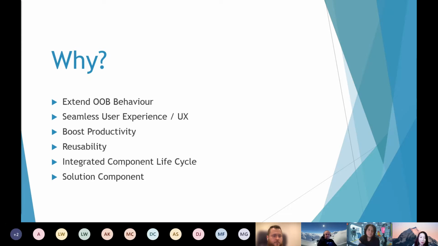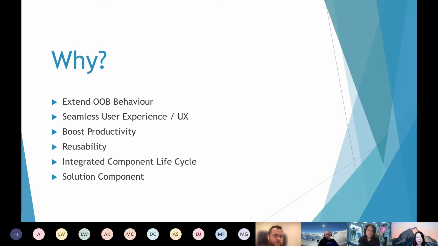We already covered why reusability is such an awesome thing. So I'll talk about integrated component lifecycle. What do I mean by this? It's a really powerful thing that PCF can load in the same context as any other out-of-the-box control, and it's actually rendered as part of the host DOM structure.